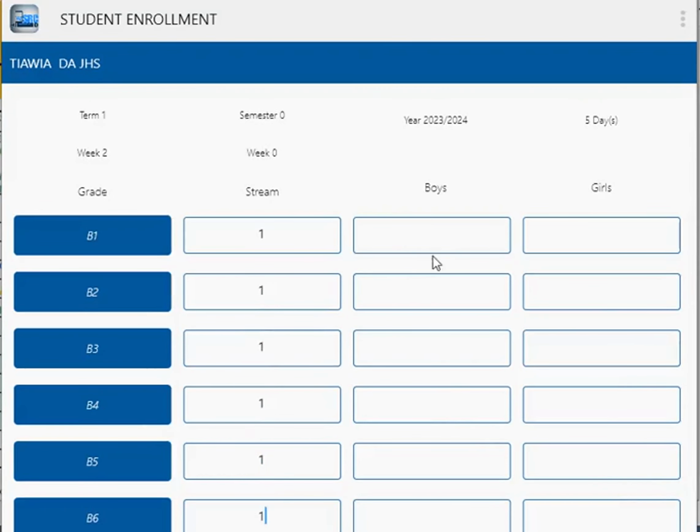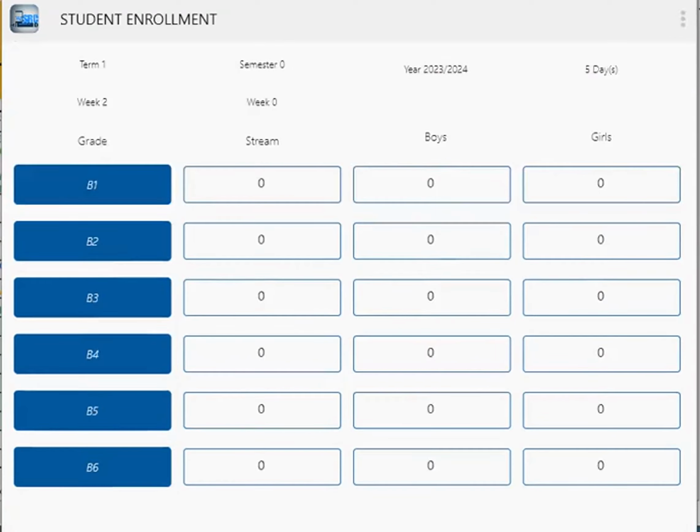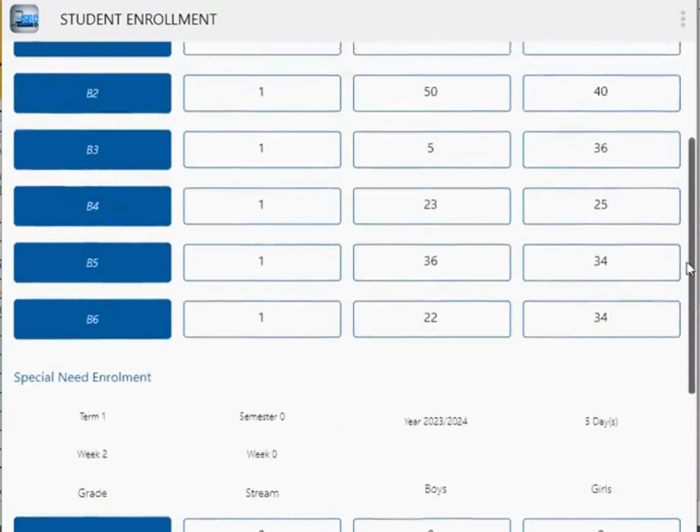Right. So under the student enrollment form, for primary, the boys enrollment is 50, girls say 35. Okay. So you continue, you make sure you fill all the entries. Okay, so when you are done filling all the entries,